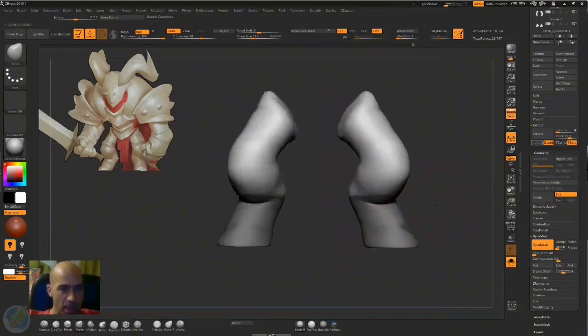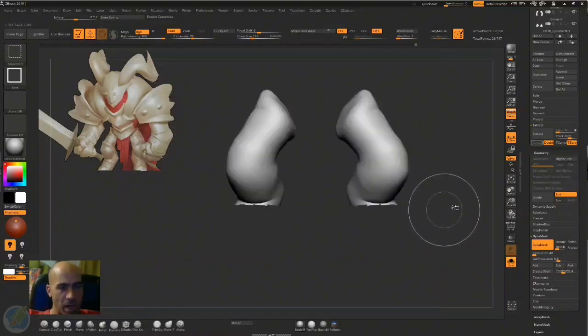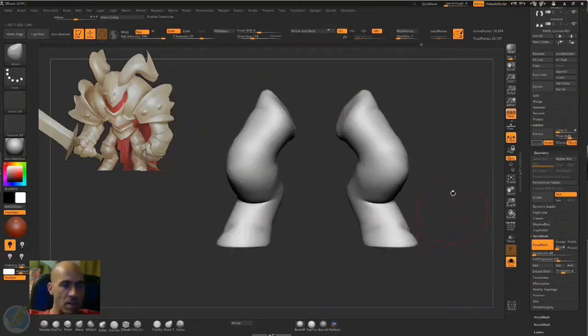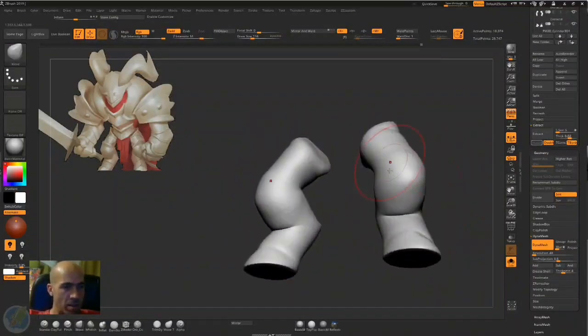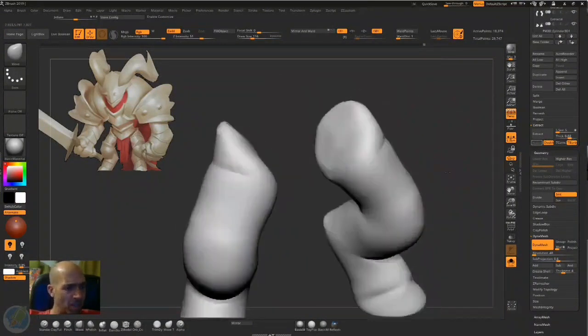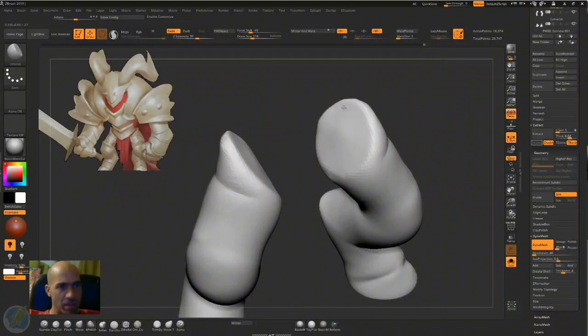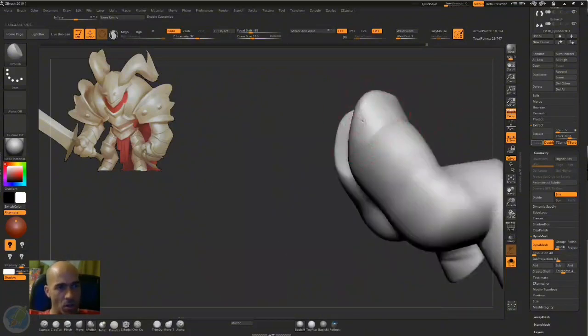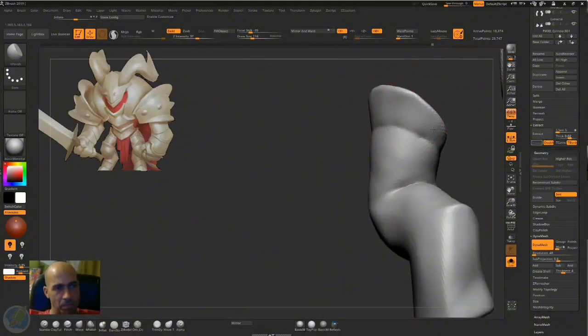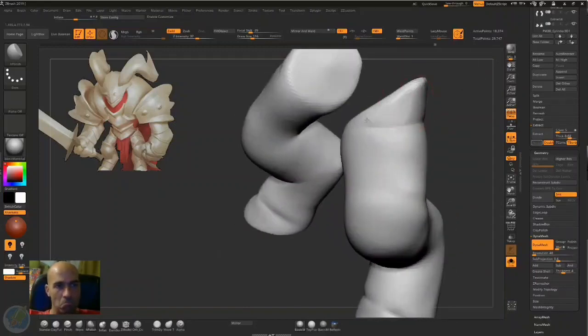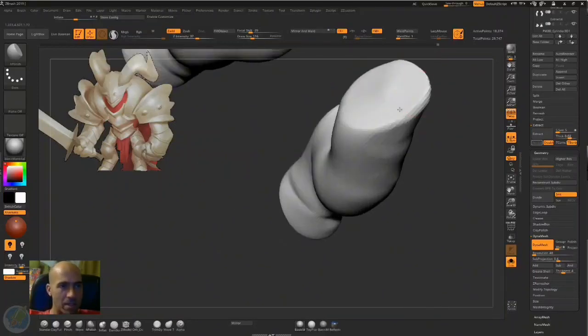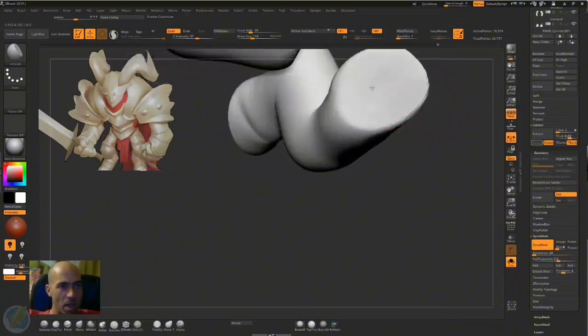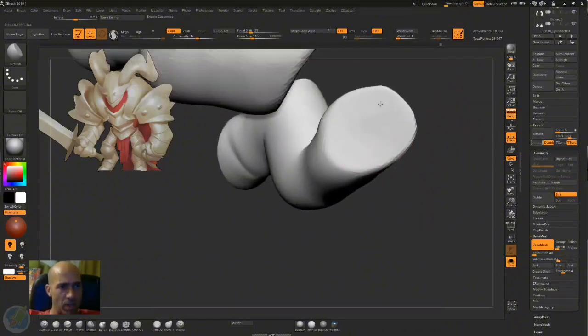This is used sometimes, a combination of poly grouping, hiding and showing, to mask certain areas if you want. But yeah, it's a little bit more intermediate usage, although I think I've shown you very well how to use the masks and poly groups, and now I'm just making this flat